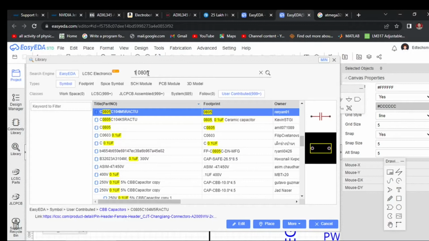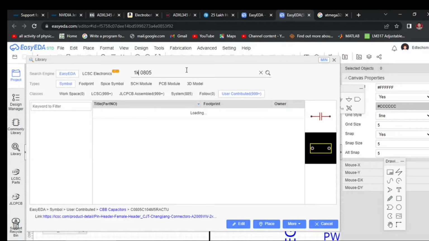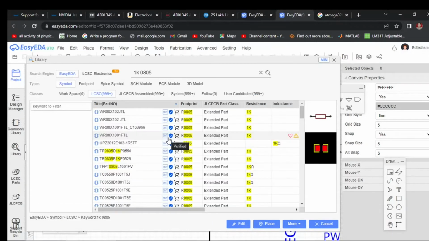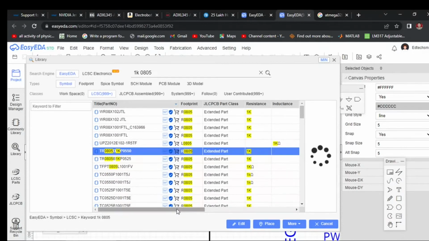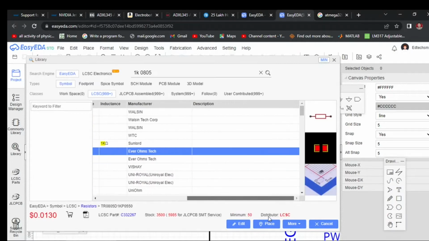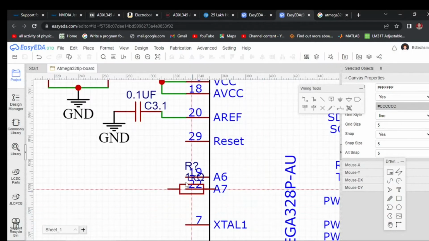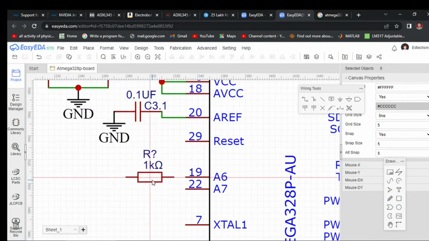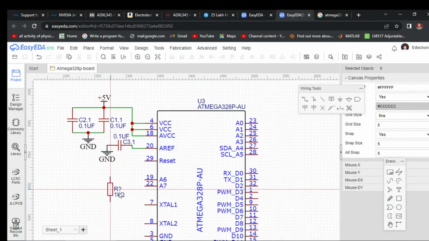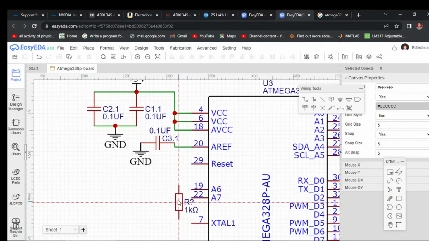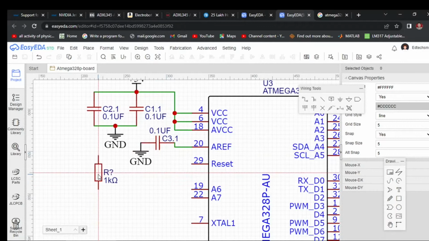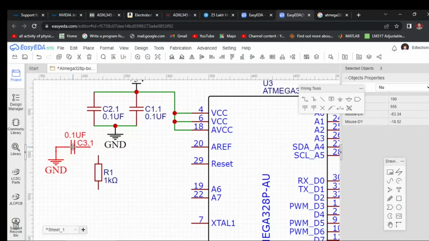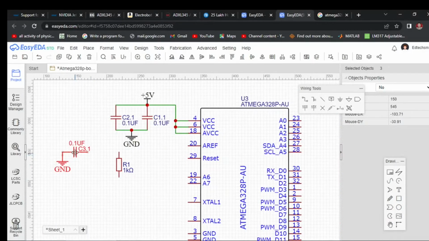I need 1 kilo ohm resistor, pull up resistor. That also I am using 0805 package. So I'm moving it, just moving the mouse and just left click wherever you have to place it and then click escape. I can move this whole object